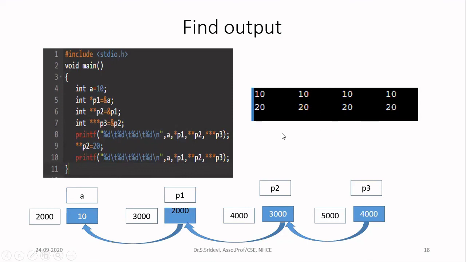So whenever you have a pointer variable, if you change anything in the memory, you can see here, I am doing the change only with the help of this pointer variable p2. Even though I am doing it with the help of the pointer variable p2, since it is directly changed in the memory location, it will be reflected when I access through all the remaining pointers.